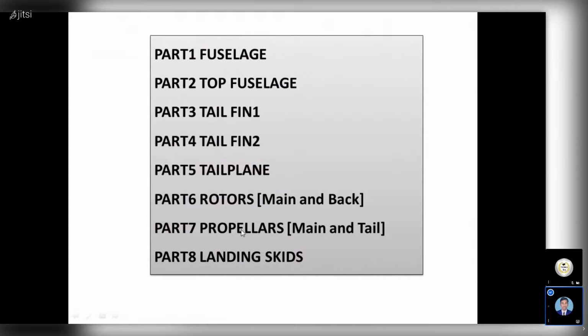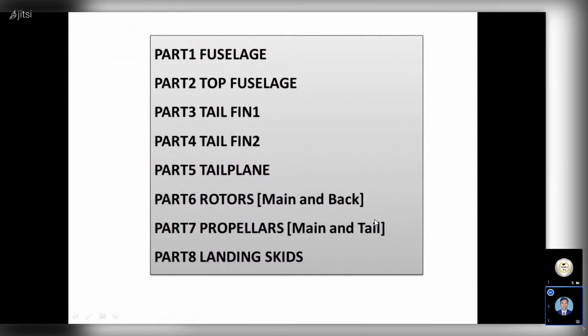Remaining. Okay, last class we finished the propeller. Main propeller is done. That was the major part. Okay, that is done. Tail propeller we will be doing now. For this tail propeller, the principle or procedure we followed for the main propeller is completely